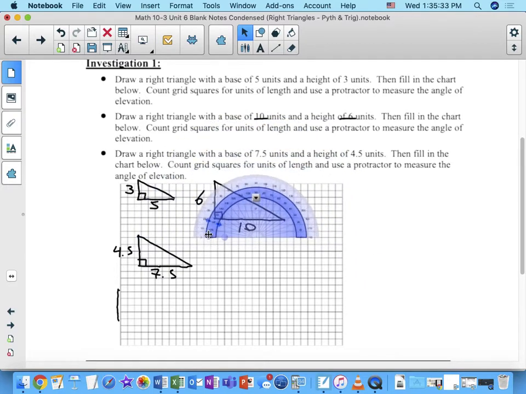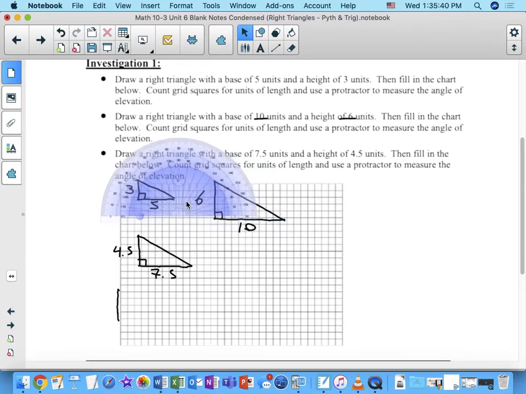There we go. That's what I wanted to do. Perfect. Okay, you're going to take out your protractors, and you are going to measure something called the angle of elevation, which is this angle down at the bottom, right over here, for all 3 of them. This is why it was really important that you do this accurately and draw your lines as straight as possible. So this angle right here